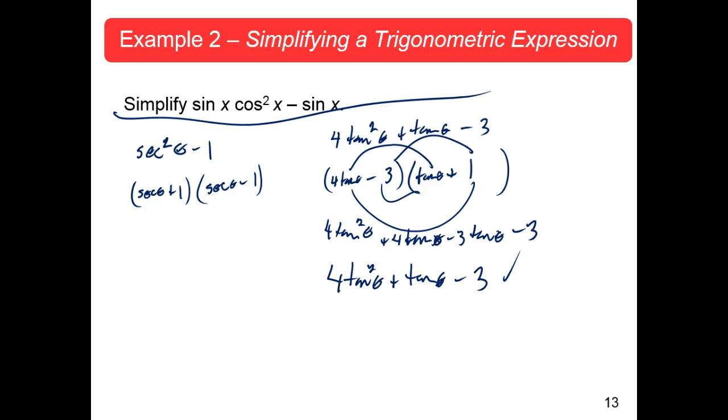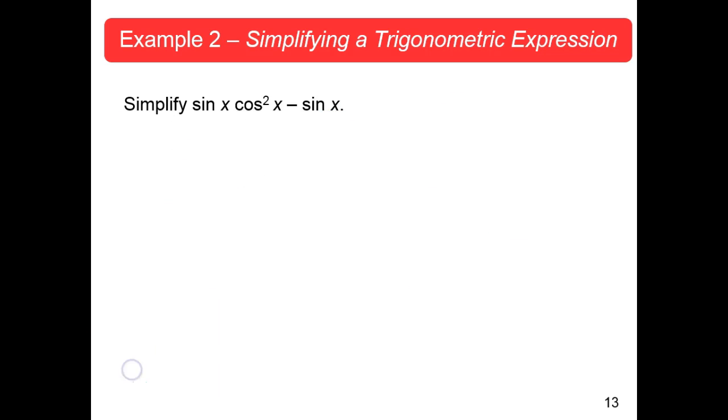Checkpoint here, 2 more that you can do. Let's move on to example 4. It says, on occasion, factoring or simplifying can best be done by first rewriting the expression in terms of just one trigonometric function or in terms of sine and cosine only. I really like that last technique, writing in terms of sine and cosine only. Unless there's something easier to do. I always go for the easy one, okay? But if there's nothing else to do, that's my next thing, is try to get it in sines and cosines only. So here we have